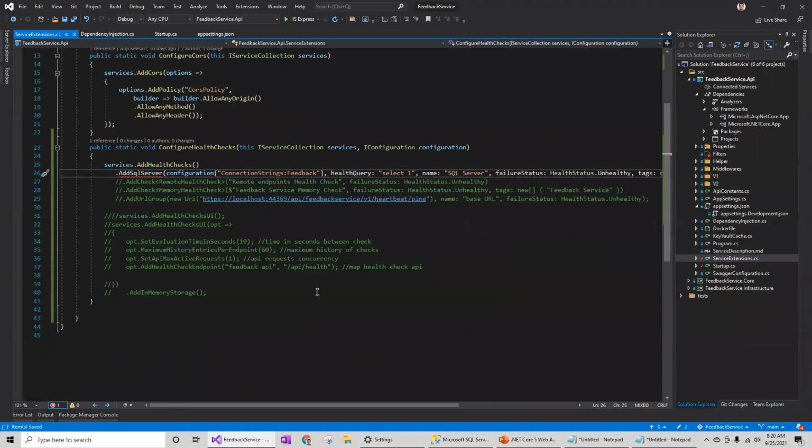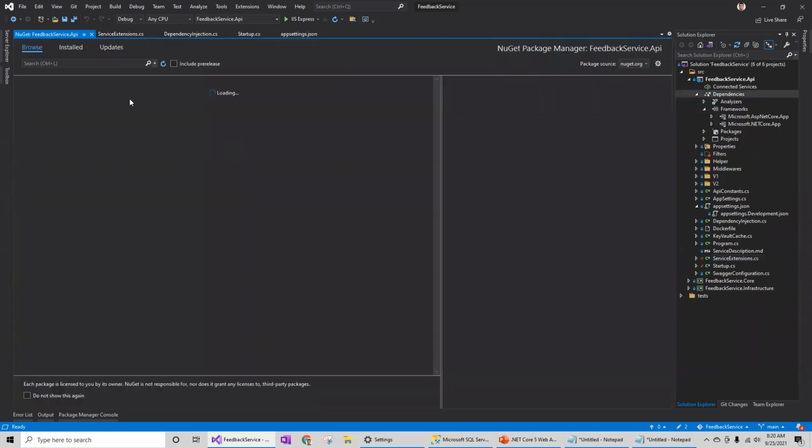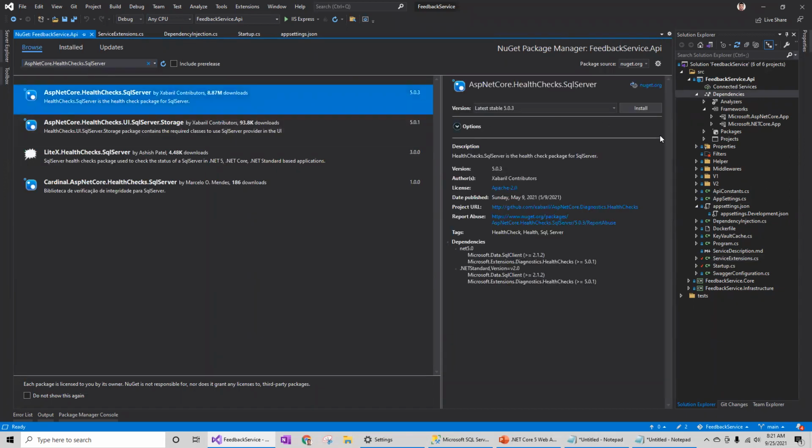So I need the NuGet package to fix the add SQL Server. The NuGet package for that is, right-click, manage NuGet packages. So I need this.